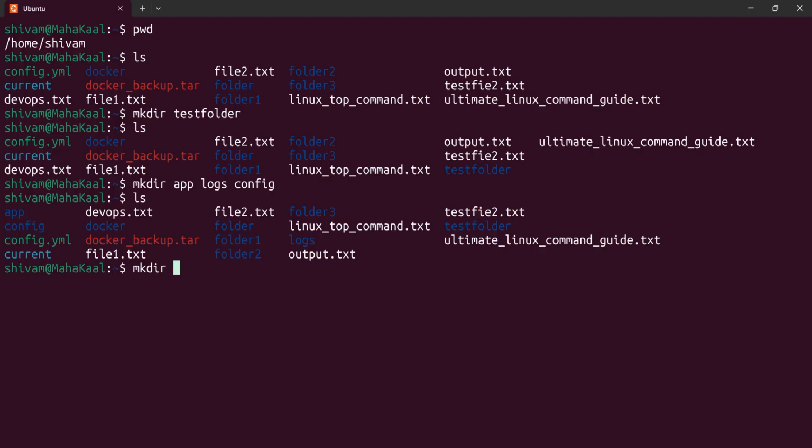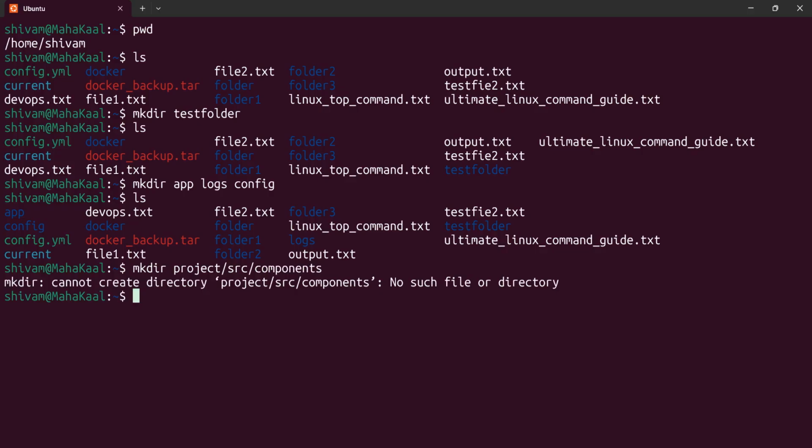If we use the mkdir command and create the project folder, and inside the project we want src, and inside the src we want components, it says it cannot create the directory project/src/components, because the mkdir command is used to create only a single folder, not the parent folder. If we want to create a parent folder, we have to use the hyphen p argument